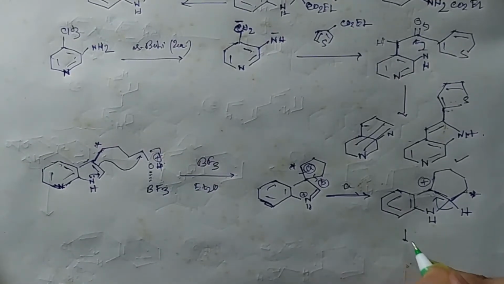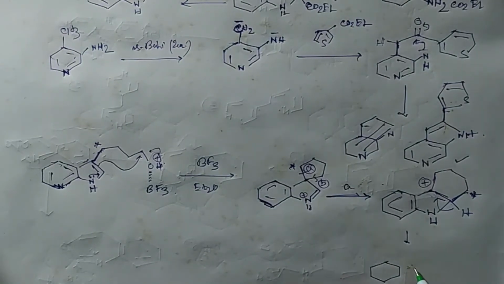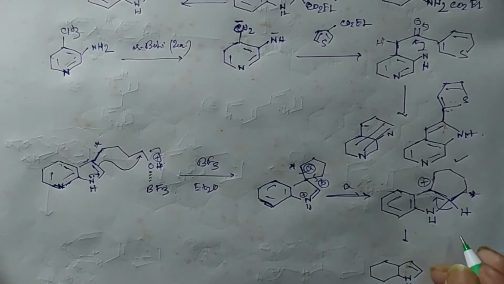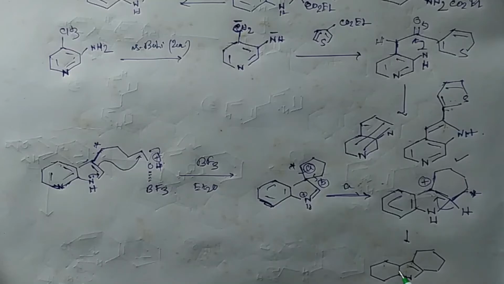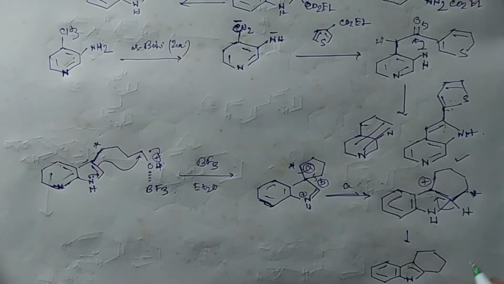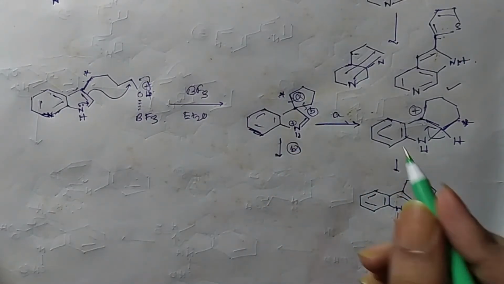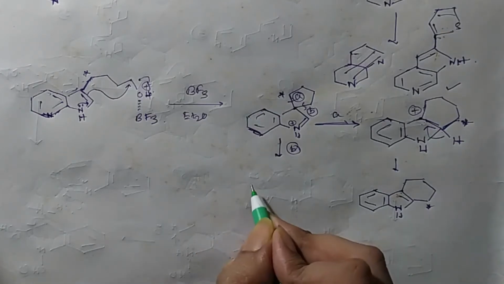So you will get a product like this. In pathway B, this bond cleaves and this moves here, so you get an intermediate like